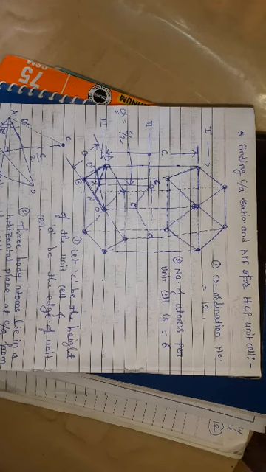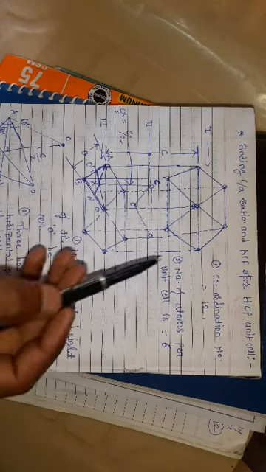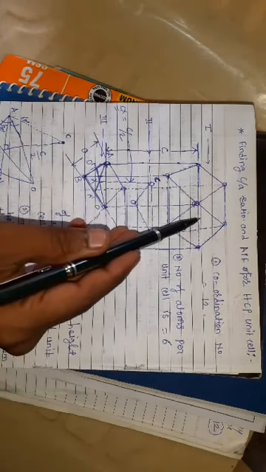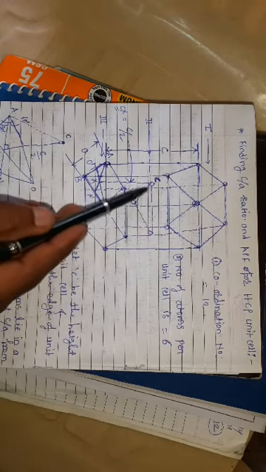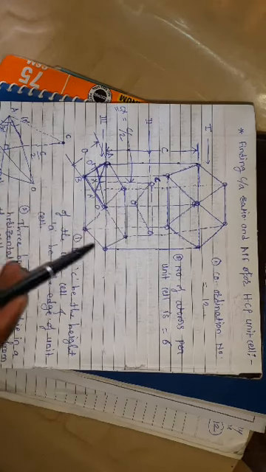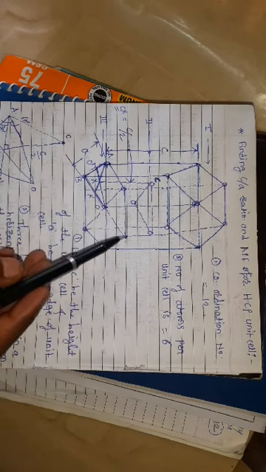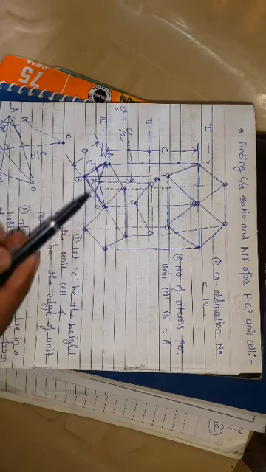This is the simple structure. These structures form AB type structures, which means there are layers: layer A, layer B, again layer A, again layer B, to form this type of structure. See in this diagram, this is the layer A, this is the layer B, and this is again layer A. But how to form this whole unit cell?